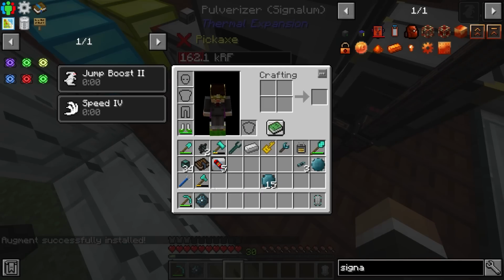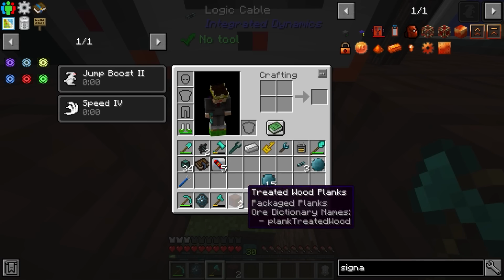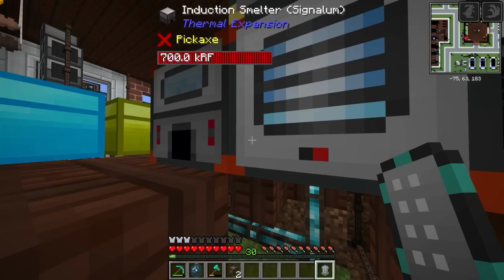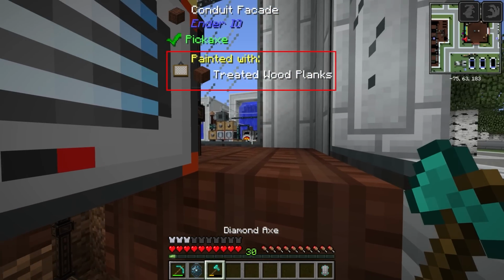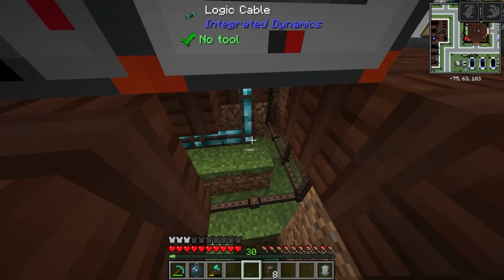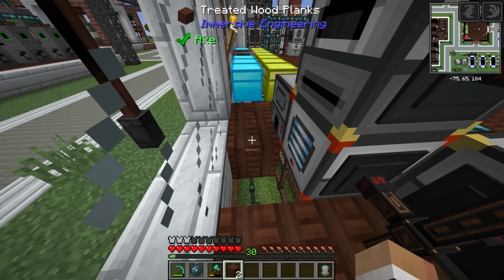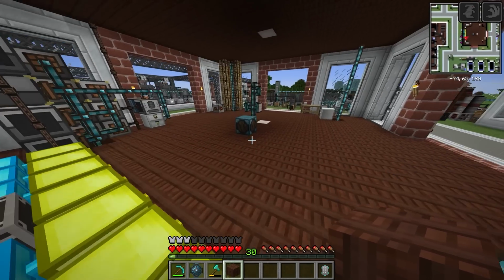That is going to use more power. Probably more power than it can currently receive because it's only got the one 500 RF per tick cable. But if we were to grab one more energy conduit, we should be able to place one down right about... Not there. We should be able to place one down. Let me get some more energy conduits here. That was not where I intended to place those. I wanted to place one down right about here. That's going to connect to the pulverizer, and it should give it access to 1,000 redstone flux per tick, which should allow it to hit the 700 RF per tick that it's using there,